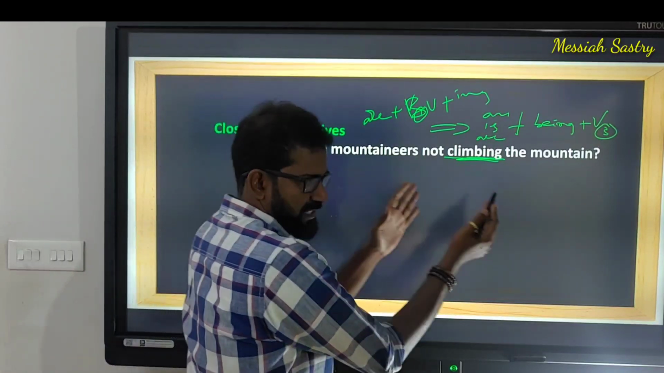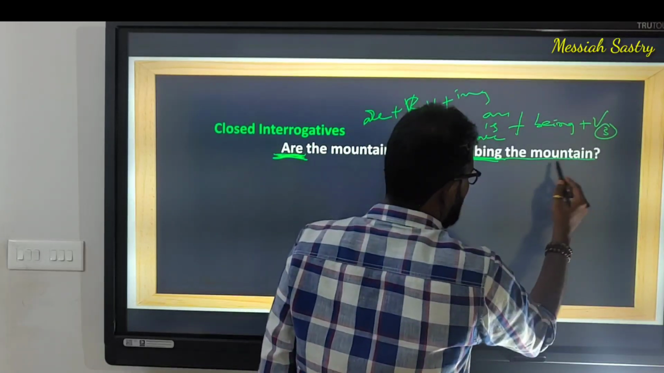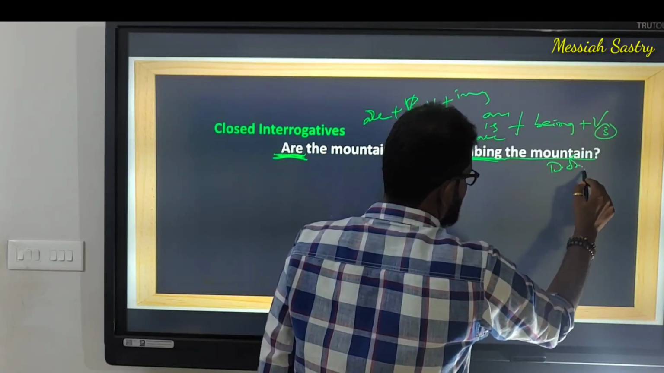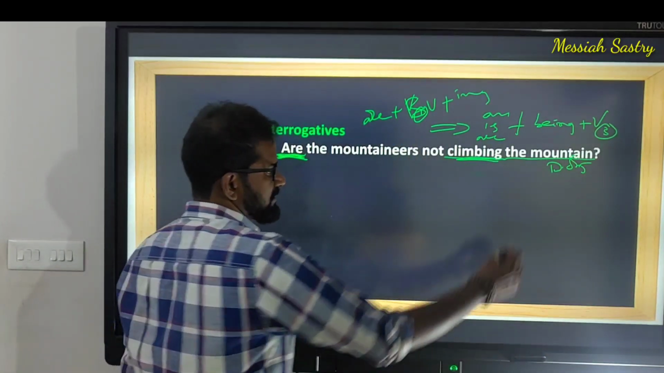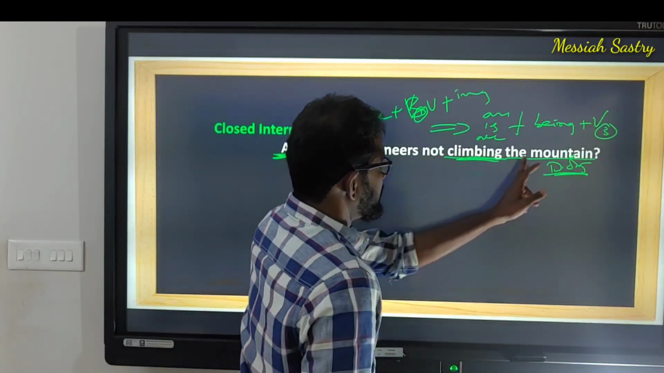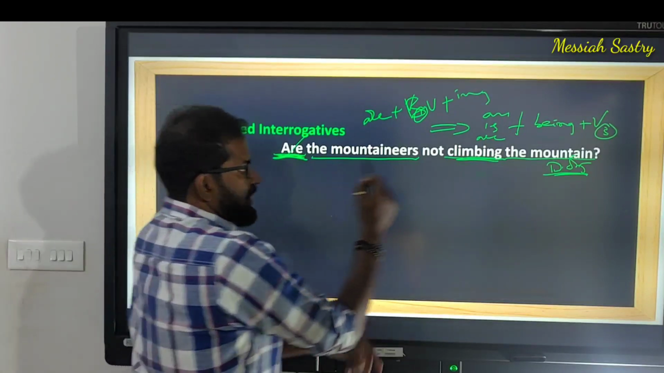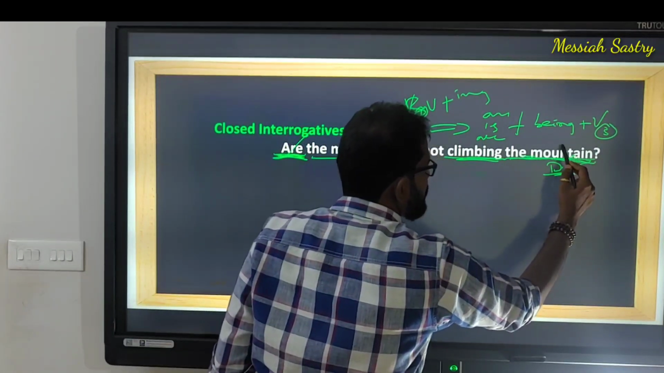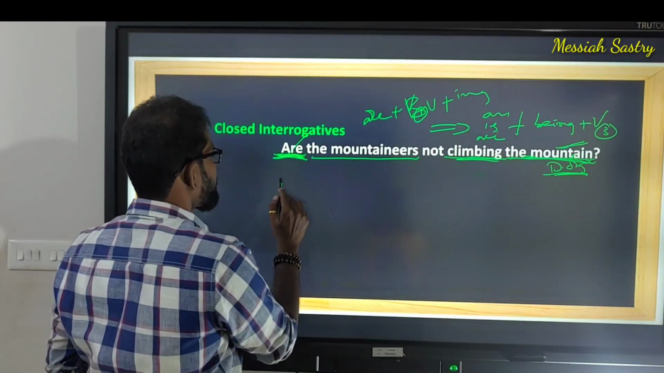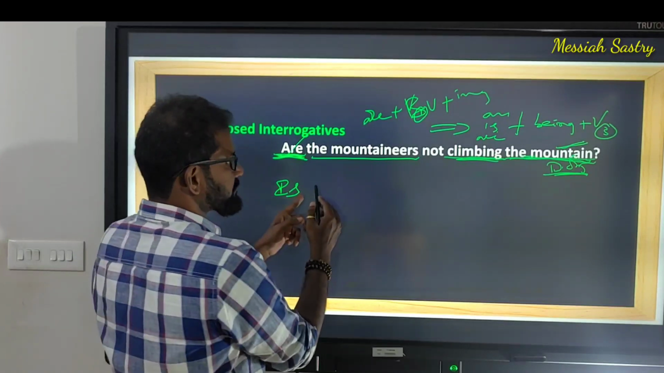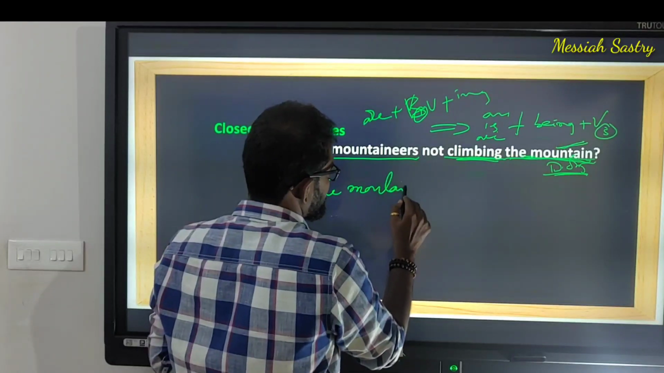Now look at the new subject. What are the mountaineers not climbing? The mountain. So this is a direct object. So then the mountain is the new subject. Here the mountaineers are plural, so are is taken. Now the new subject is going to be the mountain. It is singular, so we need to use is. Is the mountain